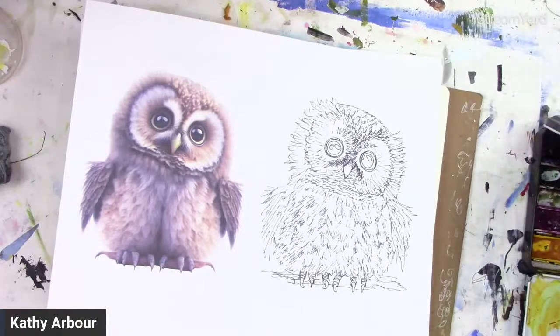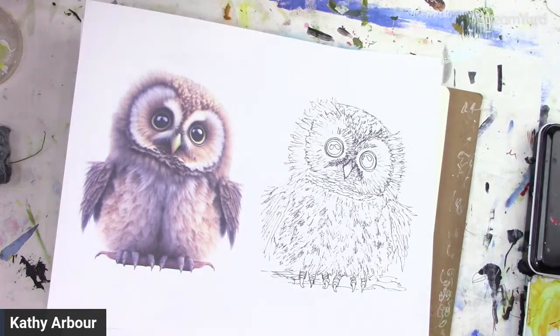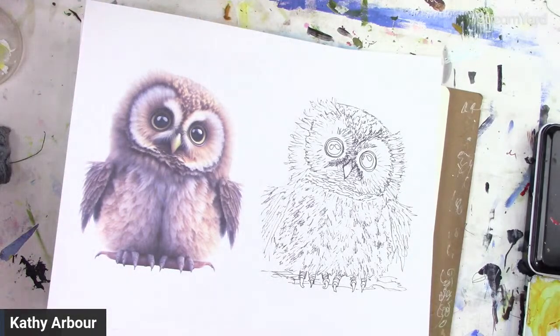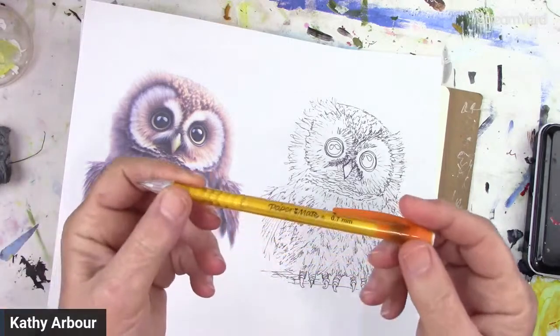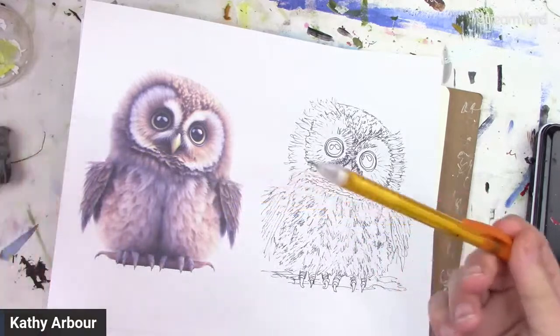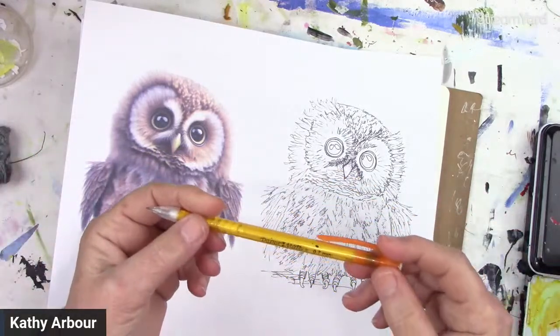So we'll start off by drawing them in pencil first. So if you're a beginner, just learning, get your pencil. It can be one of these. I like using these mechanical pencils. You don't have to sharpen them. They're usually a 2B